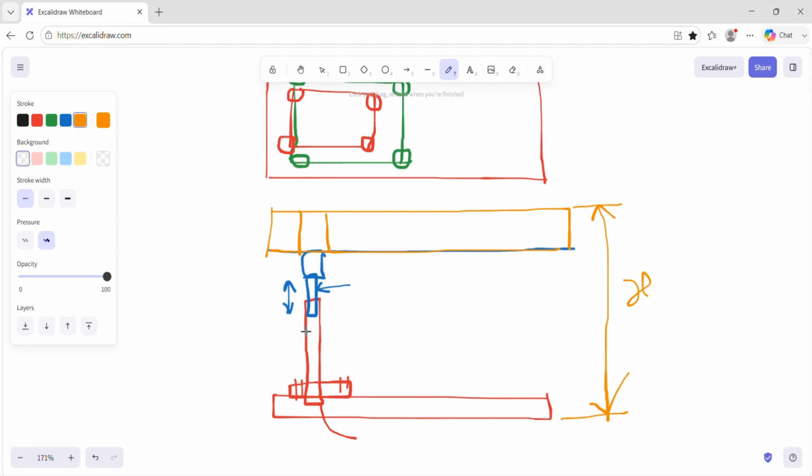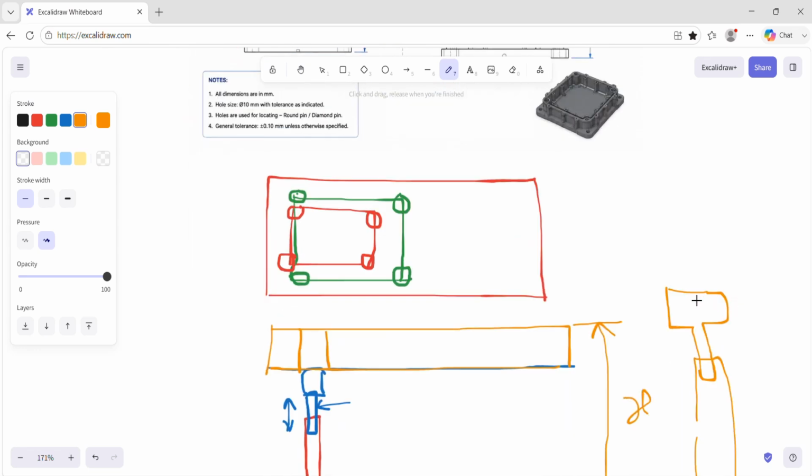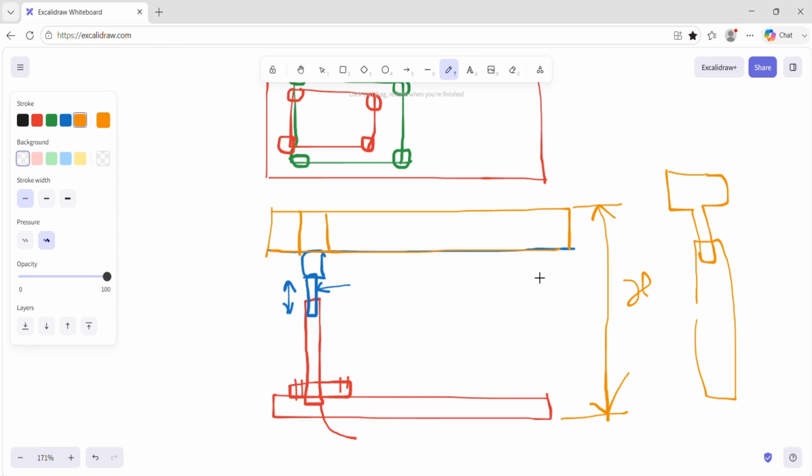And on the opposite side, we will have a similar arrangement with a diamond pin, and for the other two locations, the same arrangement, and we will have a flat pin. That flat pin is a similar pin, only the face will be flat. So it will be something like that. It will be threaded, and then inserted inside the pillar. This face is flat so that the bottom face of this part will rest on it, right? So this is how the basic layout of the fixture will be.